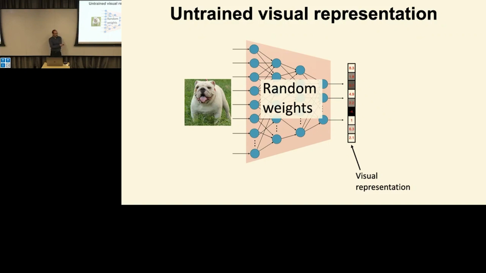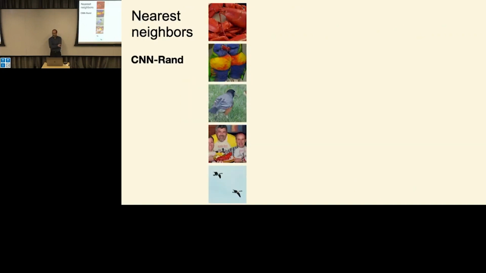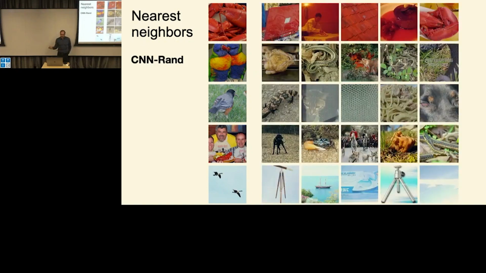People have shown that neural networks with just random weights are already not too bad. In fact, if you take a bunch of images, from a small set of ImageNet, and you use a neural network, in this case a ResNet 50, with just random weights, and then you use this to compute a representation, and you do an image retrieval task. These are the 5 image queries. You look for nearest neighbors in your training set. It gives you images that are not horrible. It got the colors kind of right. It's not great, I admit it, but it's better than chance. So it's not terribly bad.